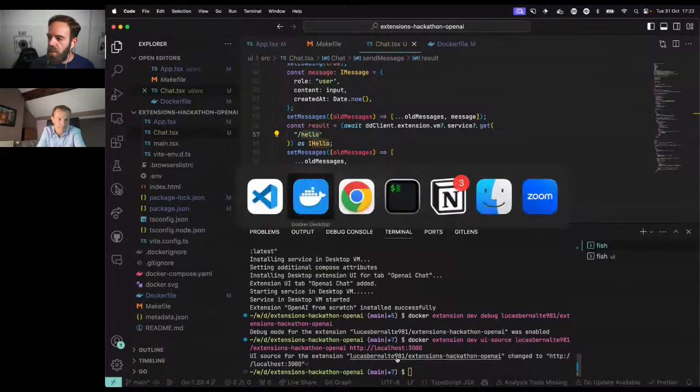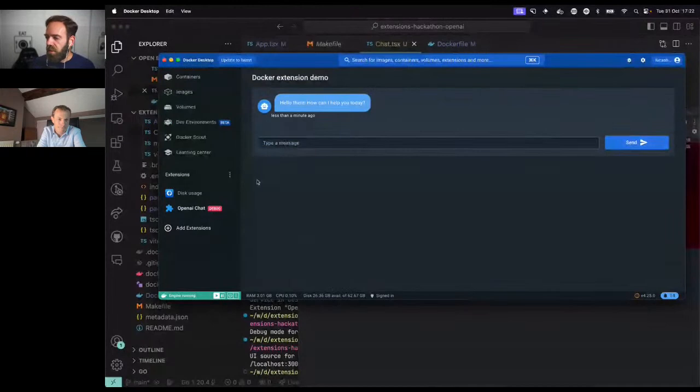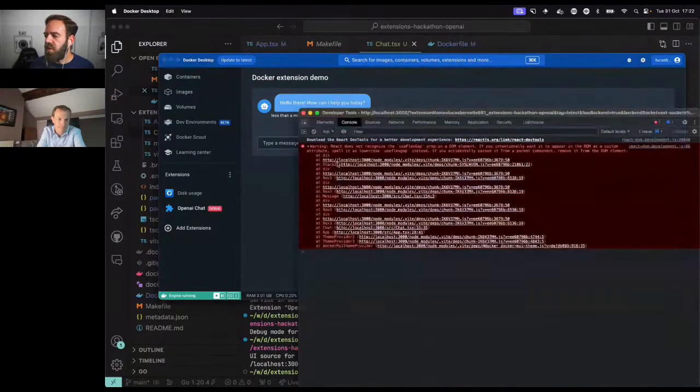And there we go. If we go back to Docker Desktop and see the extension, we now see a chat saying, hello there, how can I help you today? This message was just there at the beginning. We're not doing anything. And in the developer tools, you now see a warning message about styling that we didn't fix, and something about React DevTools. But you can see now that this is different. And in the title of this window, you can see it pointing to localhost 3000 with an extension name and all the other parameters that we need for this.